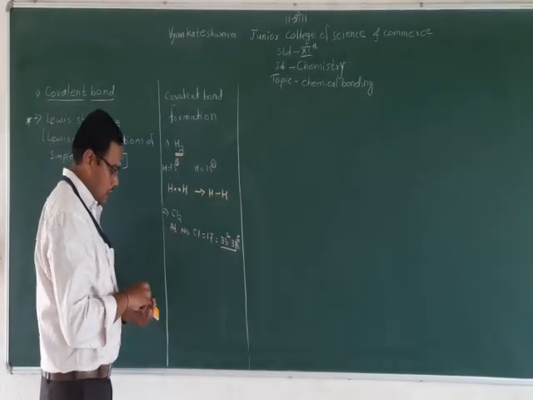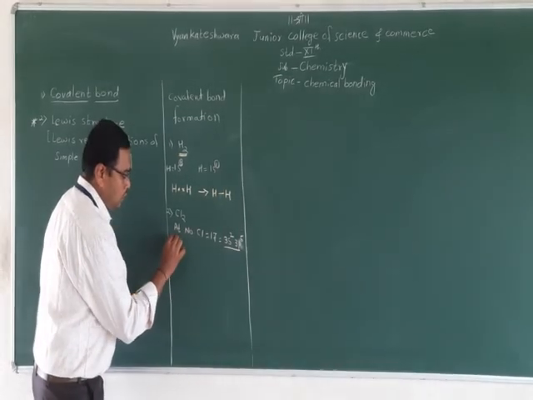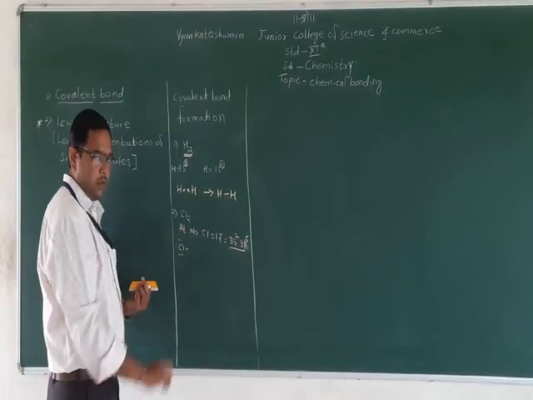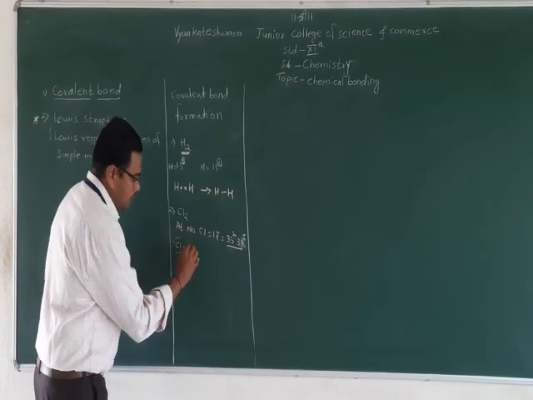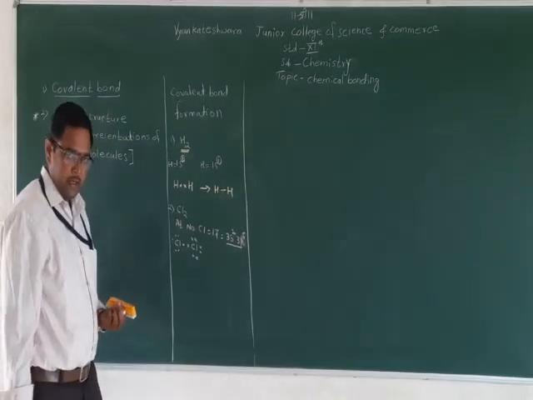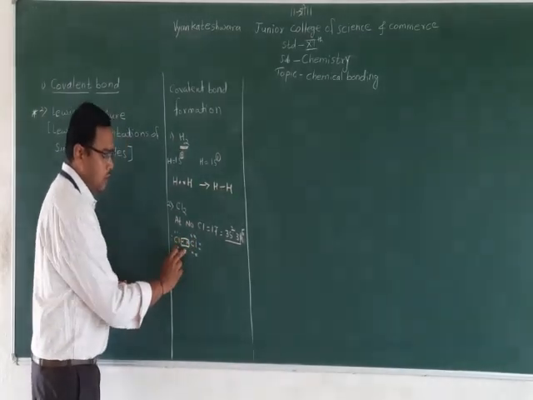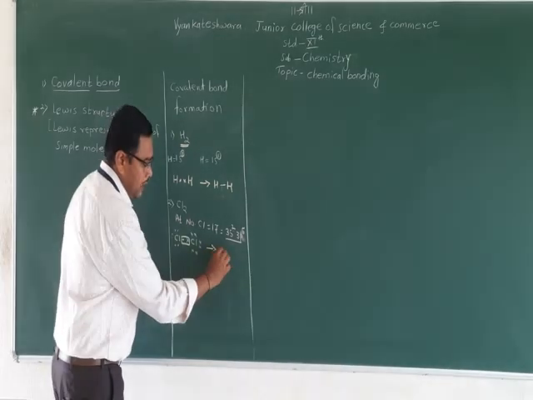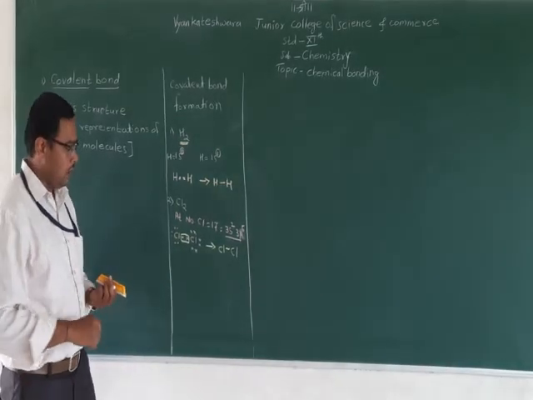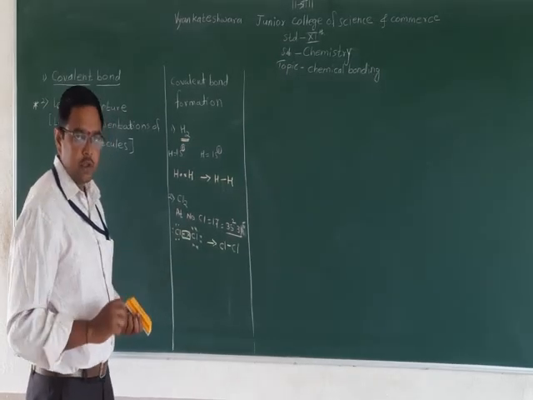There are two chlorine atoms and the structure is represented as: this is the first chlorine, 1, 2, 3, 4, 5, 6 and 7. These are the total 7 electrons surrounding the first chlorine atom. And the cross represents the electrons of the other chlorine atom. Here the electron of the first chlorine is shared with the cross electron of the other chlorine, and it forms Cl-Cl, that is a chlorine molecule. If more electrons are combined together, then there is a formation of multiple bonds.